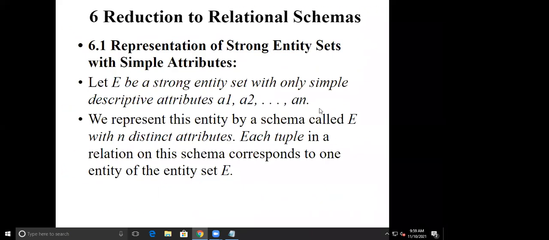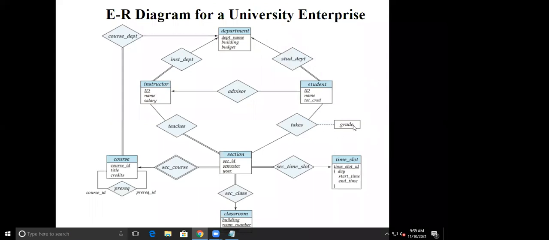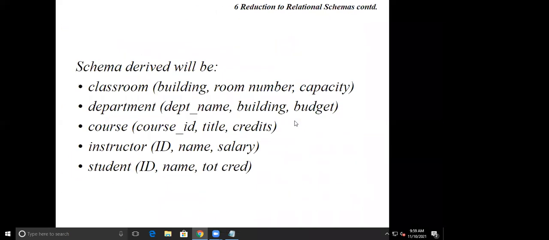So in this case, whatever our grade is there, that is a descriptive attribute. Attributes of the relationship set are called descriptive attributes. मग हे B1 झालं माझं. ID, name: ID is a primary key of my student, and primary keys of the section, so this will form A1 to AM.